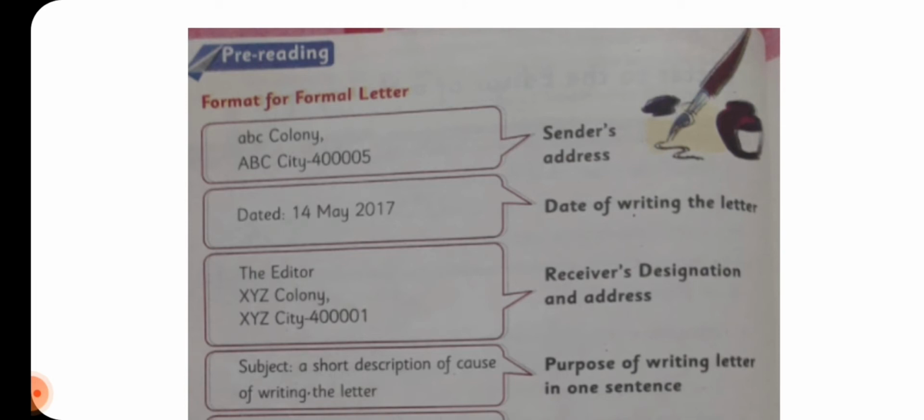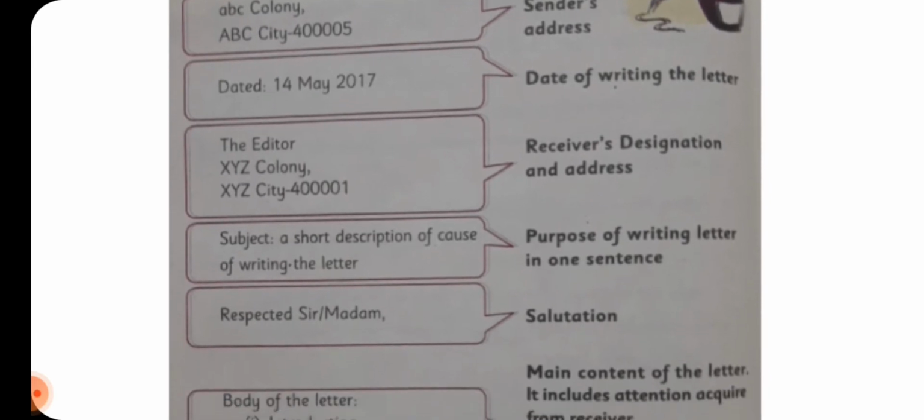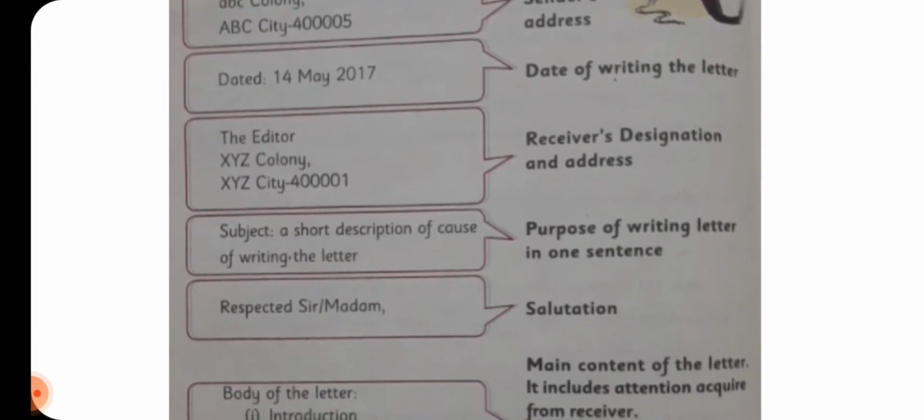Then, this format goes for the formal letter, okay? We write the address of the receiver, which means the address of the person to whom we are writing the letter. For example, in our formal letter, we read that the letter was being written to the editor of a newspaper. So it was mentioned this way: the Editor, Daily News, and then whichever city it was located in.